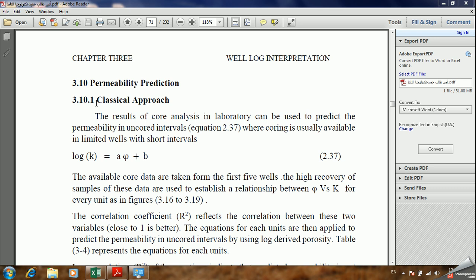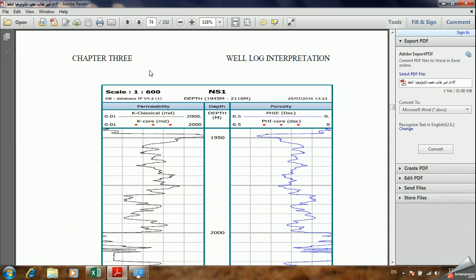Well, as you know, the permeability is grain size dependent, and flow units should be taken into consideration. In the classical one, as I said, it's assumed that there is a direct relationship between the permeability and the porosity without depending on the grain size and other important things which should be taken carefully into consideration. So this is the classical method, while, as I said, the Kozeny-Carman equation,